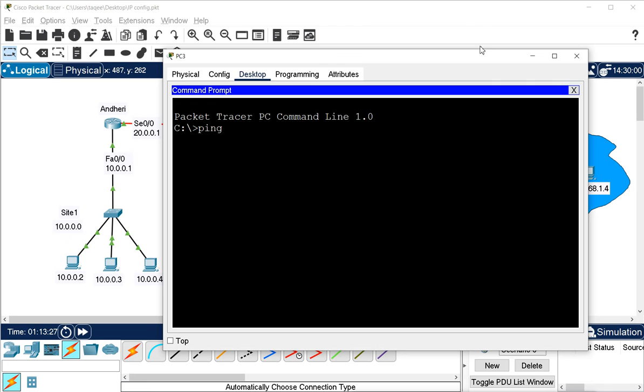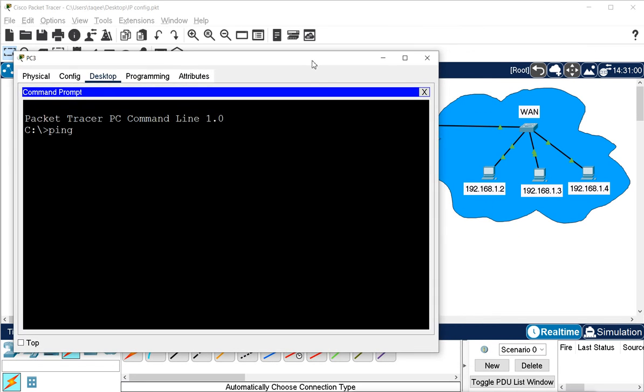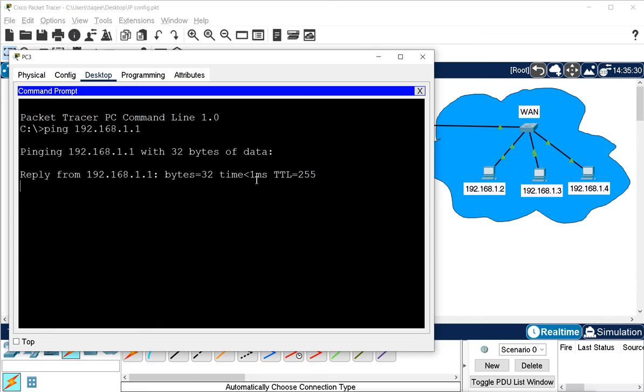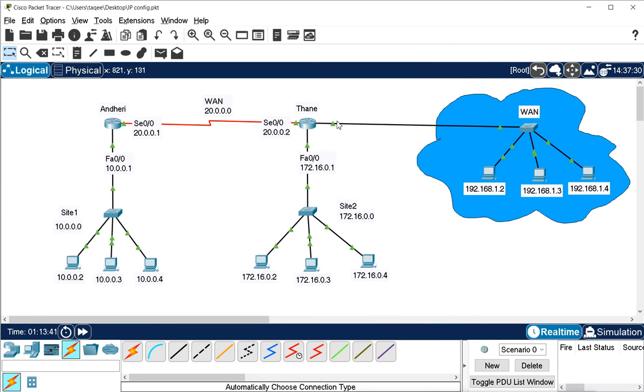So I will try to ping any IP of this WAN, or we say internet. Now we are getting the reply. Why? Because our router knows about this network. Why does it know about the network? Because it is connected to that network through this FastEthernet port. So this router knows about this network because it is connected to this interface.